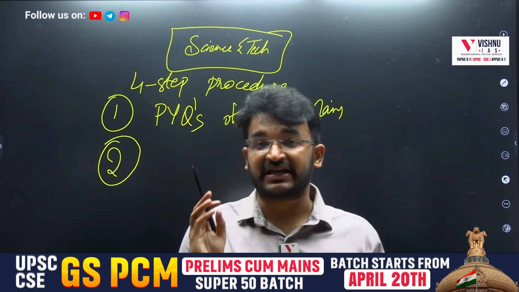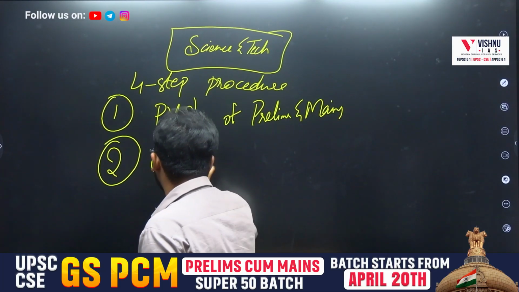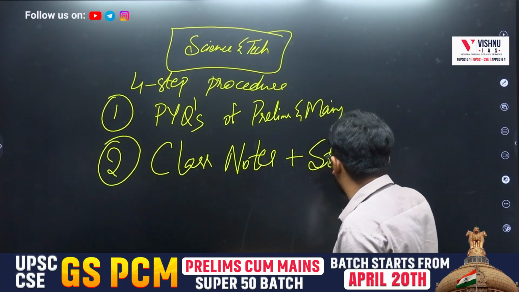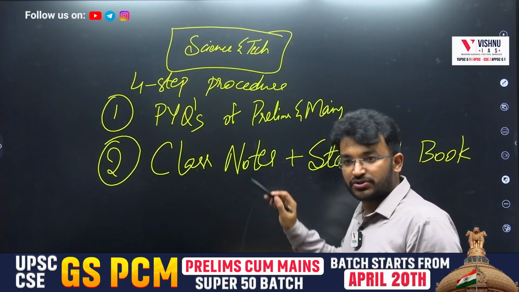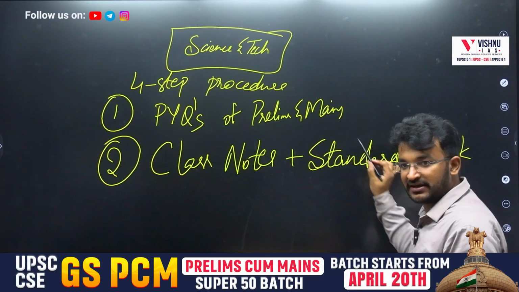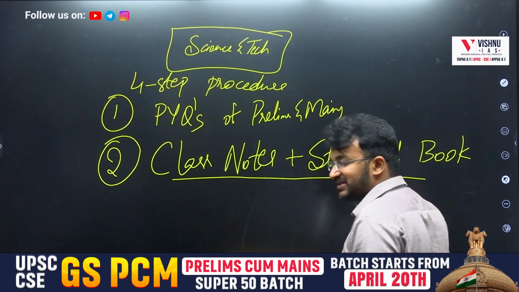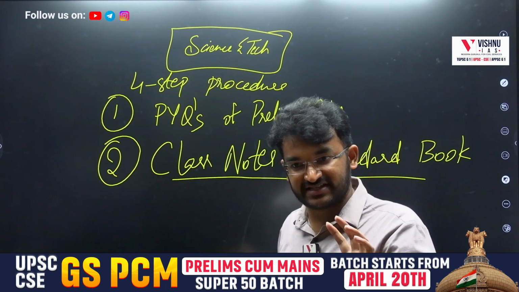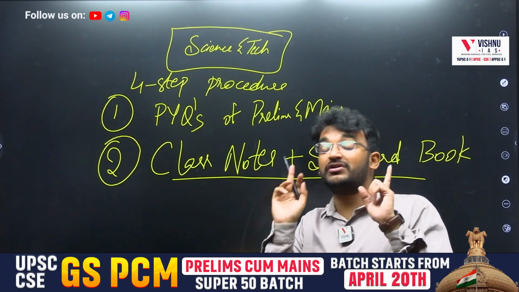Now, second step. When you will be reading, you will be selecting one standard book or some class notes taught here. You will be having that. Now, read that topic in the class notes. And if you are following any standard book, one standard book for any subject, do that. So, class notes and standard book. Now, why I am telling this? The reason is that I had already mentioned that PYQs must be seen here. What you will be getting with this? You had seen PYQs already. You might be remembering some words which have been asked, say president election and all. Now, when you will be coming across the same words here, same topics here, you will be understanding that,